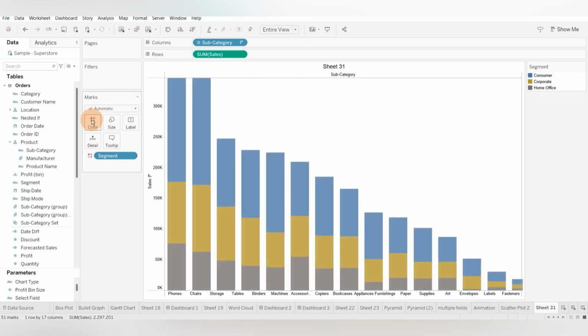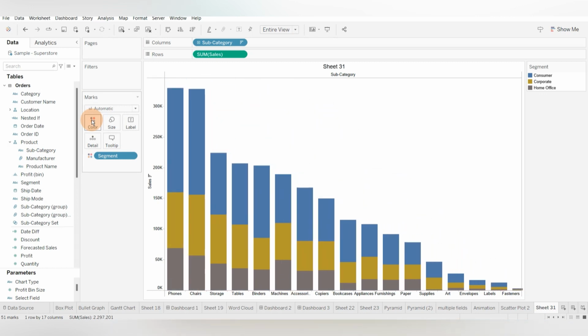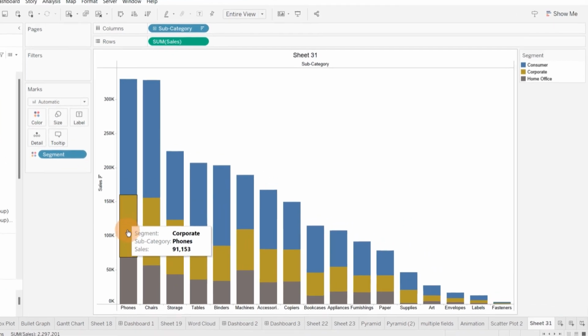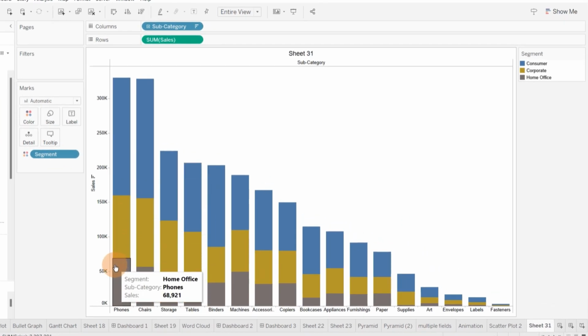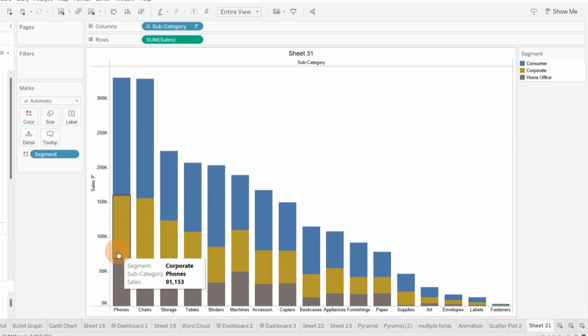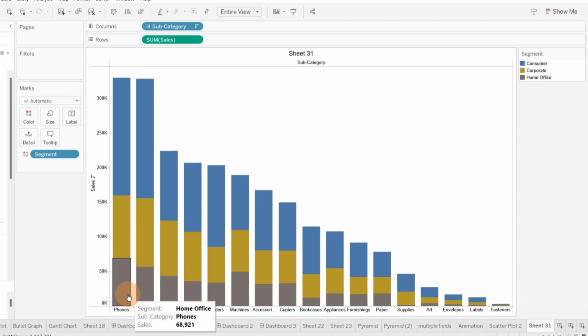As I drag my segment field into colors, you will see that my total bar of sales is divided into 3 different bars. In segment, I have 3 different categories: consumer, corporate and home office. Each bar is now divided between these 3 different segments.